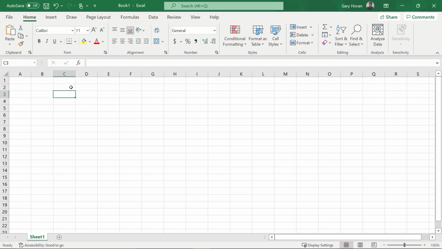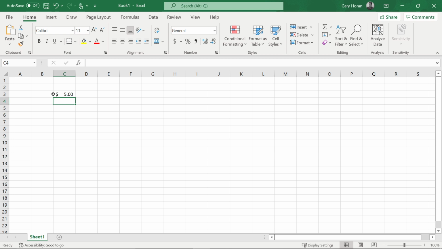So what I want to highlight here is that when it comes to Excel, if you put a value in here and you click on it, you have a look up here in the formula bar, it says 5 and it says 5 here, that's fine. But if we were to tell Excel that this is a dollar value, then it would change the way it's displayed here, and you can see now that it says